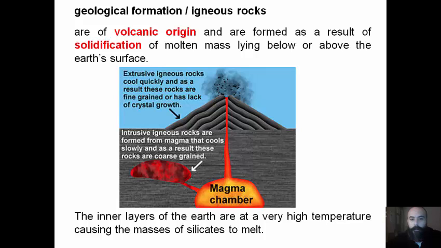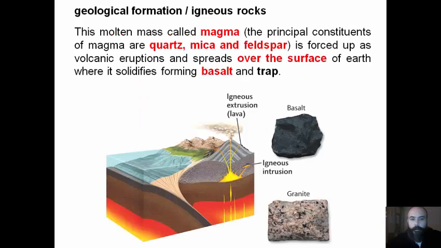Igneous rocks are of volcanic origin and are formed as a result of solidification of molten mass lying below or above the Earth's surface. This molten mass is called magma. Principal constituents of magma are quartz, mica, and feldspar. This magma is forced up as volcanic eruptions and spread over the surface of the Earth, where it solidifies, forming